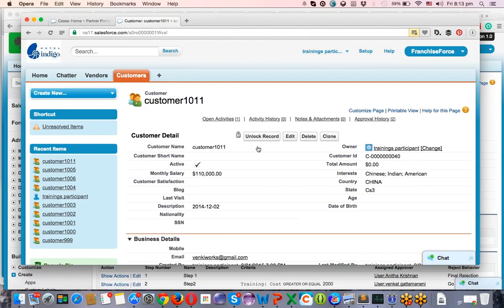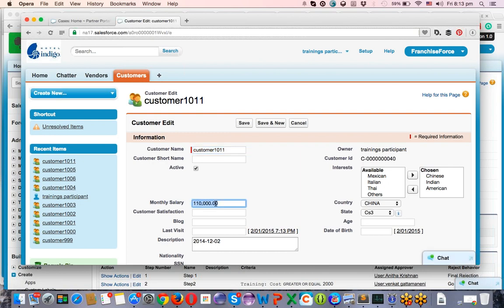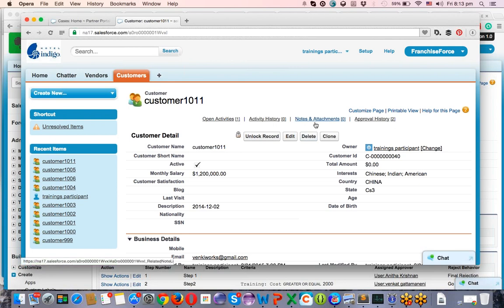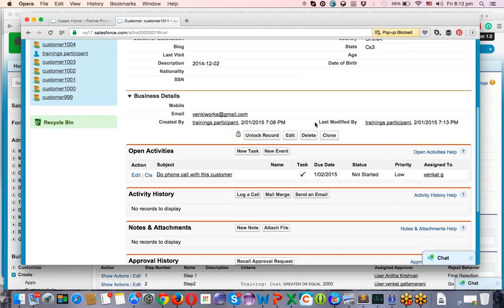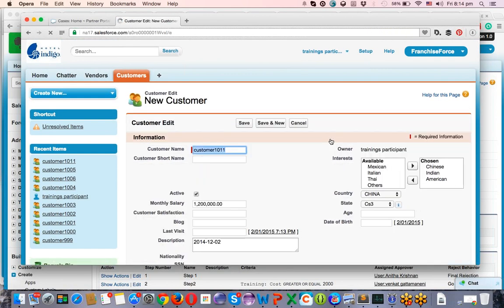I'm going back to my system. I'm clicking on edit the record and I will put the new information, clicking on save, and I will click on submit for approval again. So instead of this, I can click on clone.